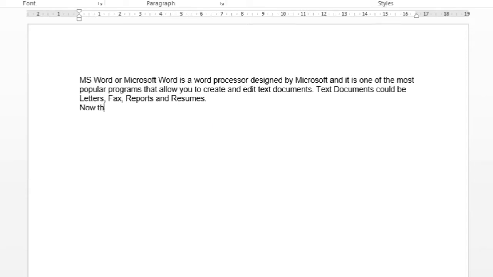Now this will be a new paragraph. Whenever you want to do some corrections, you can just click the cursor. The cursor is available in this second line now, or you can just use the arrow keys. So I can make some changes, as we discussed. I will do some changes here.